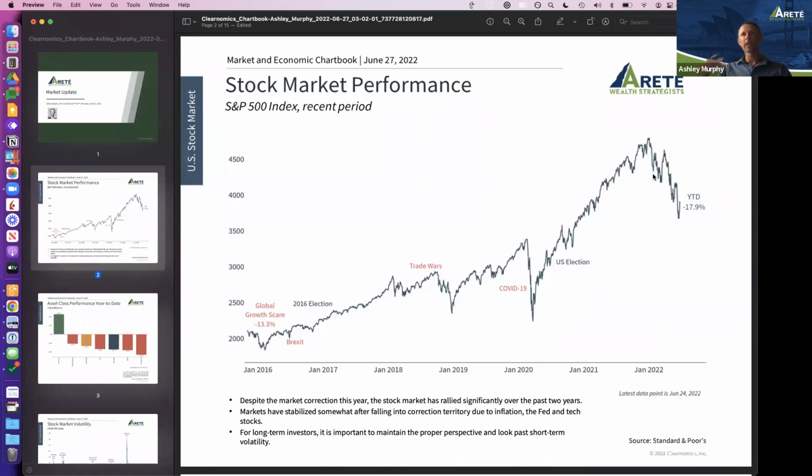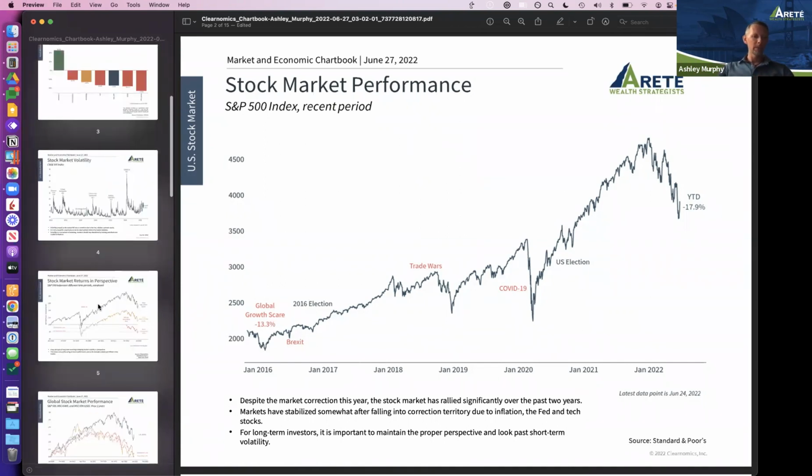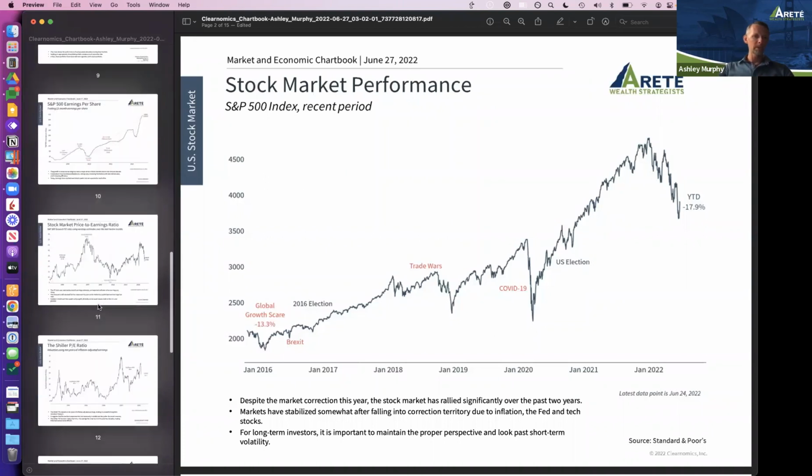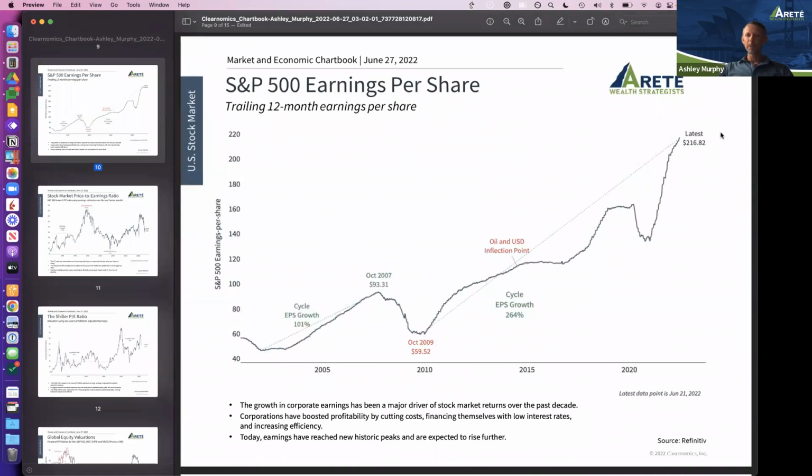I don't think we're going down much more, maybe a little bit, but I think we're mostly there, in large part because a lot of the fundamentals are still very, very strong. In fact, I'll wander off script. It's very dangerous to do that, but I'll show you another thing that does give me some confidence, and that's the S&P earnings per share.